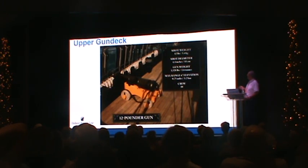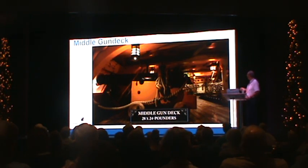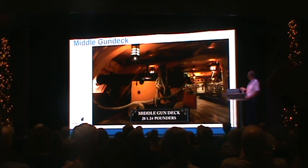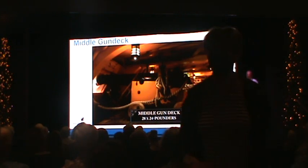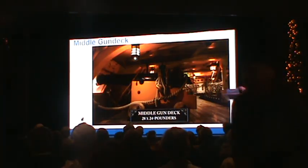On her upper gun deck, she had 12-pounder guns. They could shoot roughly 3/4 of a mile, weighed about 1.5 tons, 4.5-inch ball, 12 pounds. Wow. 10-man crew to service this gun. On the middle gun deck, where I would be bumping my head constantly, she had 28 24-pounders, 24 being the weight of the ball. Can you imagine the din and the cacophony of just